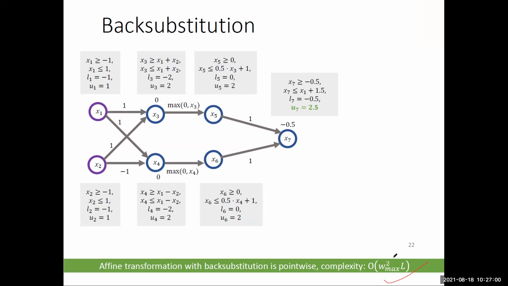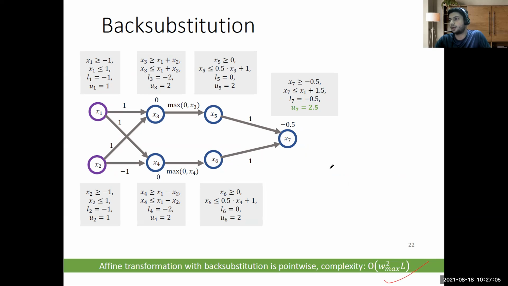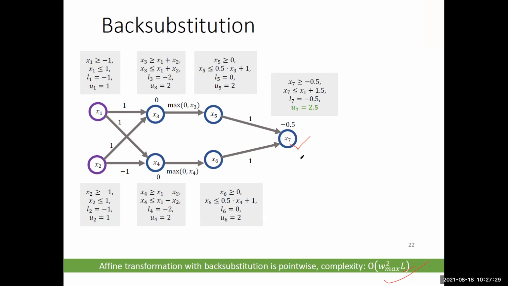So ideally what they're saying is, W max is the max number of neurons in any layer, and L is the number of layers that you have. So if you are trying to find the bound for one of the neurons, what you are doing is going back. Essentially for one neuron, you will be looking at each neuron in all the previous layers. That's correct. So that is W cross L.